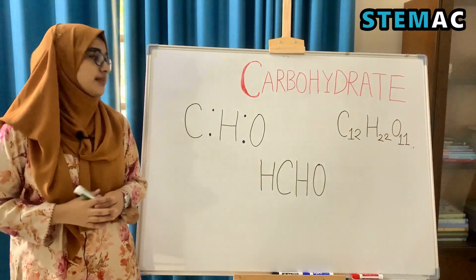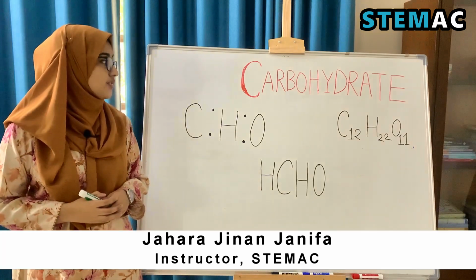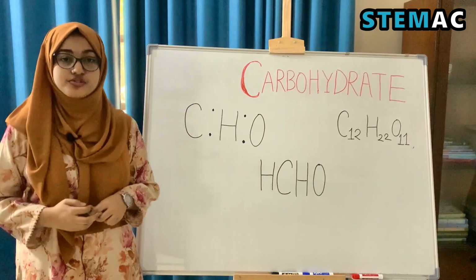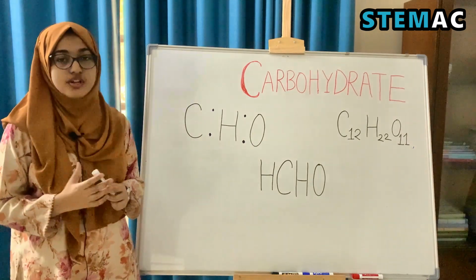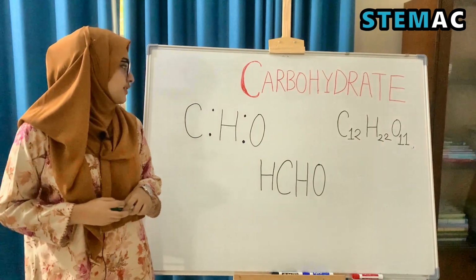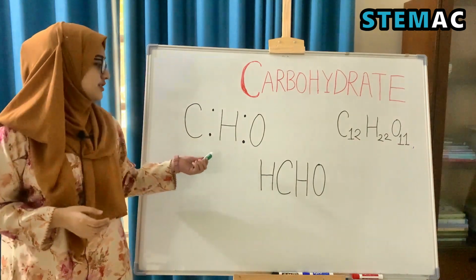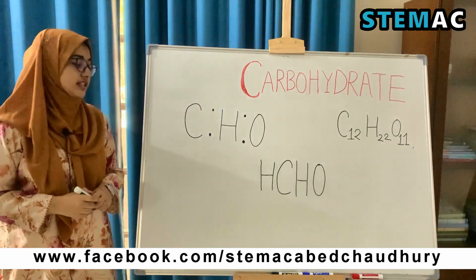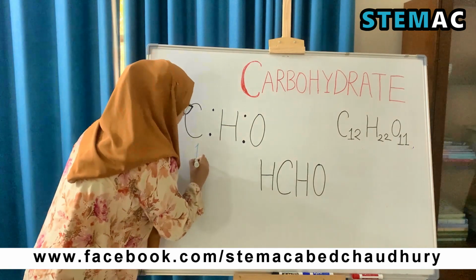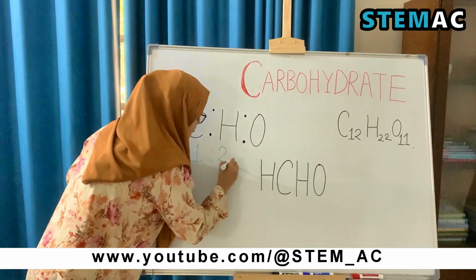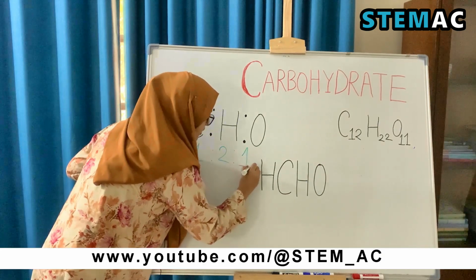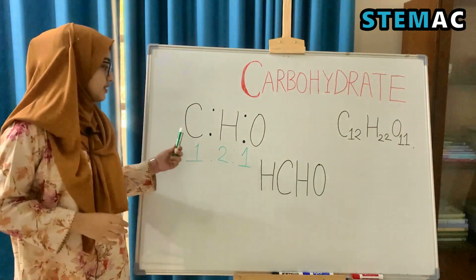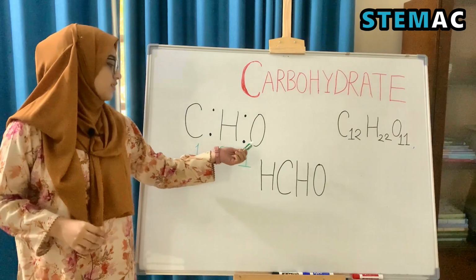Today we are going to talk about carbohydrates. So we know carbohydrates help to produce energy in our body, and today we are going to briefly talk about the structure of carbohydrate. In carbohydrate there are carbon, hydrogen and oxygen. The ratio of carbon, hydrogen and oxygen in carbohydrates is 1:2:1. That means if a carbohydrate has 1 carbon, the hydrogen number will be 2 and oxygen number will be